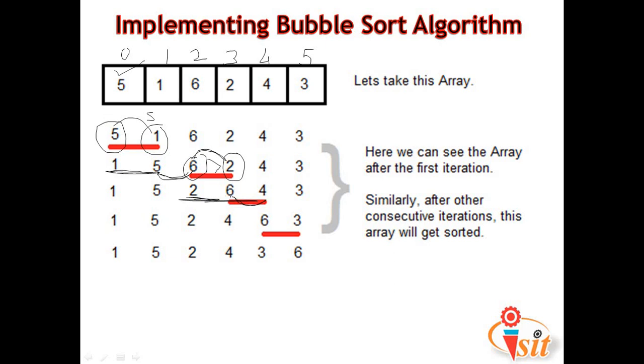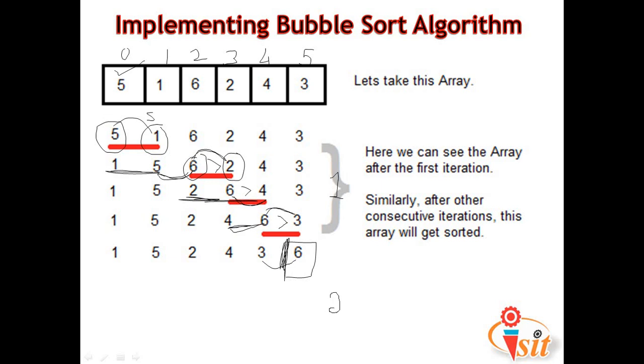So 6 is the first element, 4 is the second element. 6 is greater than 4, so in that case 6 is going to be swapped with 4. Afterwards, in the next iteration we are considering 6 and 3. The first element is 6, the second element is 3. So 6 is compared with 3. The first element 6 is greater than 3, so we need to perform the swap. Now at the end, the largest element from the given list gets added to the end. So this one we are going to call the first iteration.